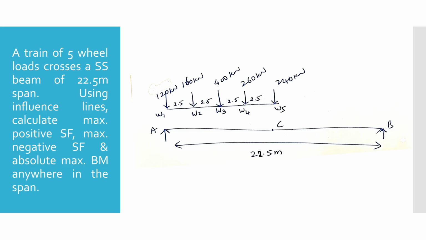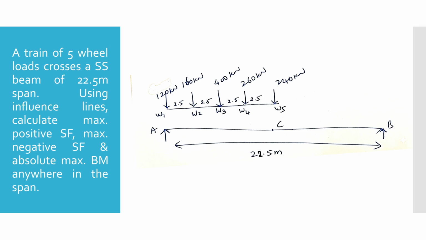The loads are 120, 160, 400, 260, and 240 kN, separated uniformly by 2.5 meter intervals. Our objective is to calculate the maximum positive and negative shear forces at a given section. To do this efficiently, we will bypass tedious trial and error and use the shear increment method to pinpoint the